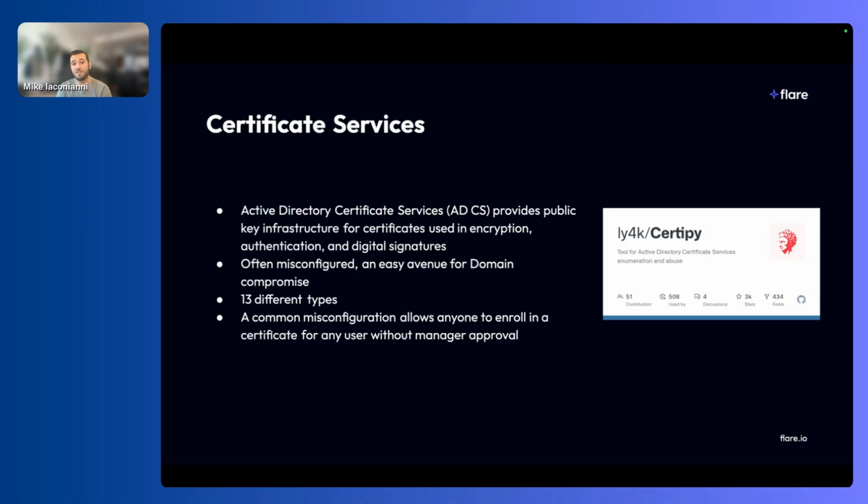There are 13 different types of vulnerabilities associated with certificate services. They are ESC1 through ESC13. You can read about them. I'm not essentially going to get into the nitty-gritty with this because it's really complex, but